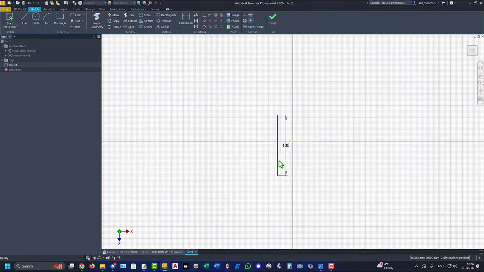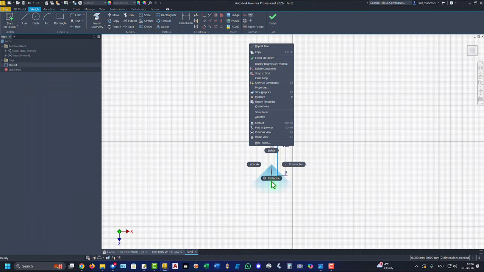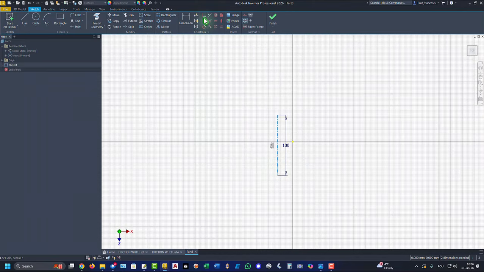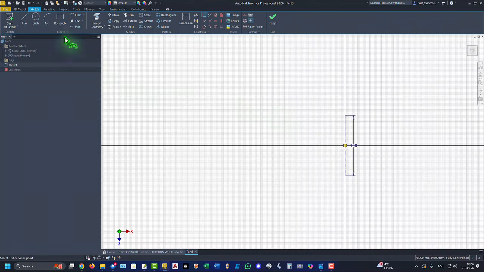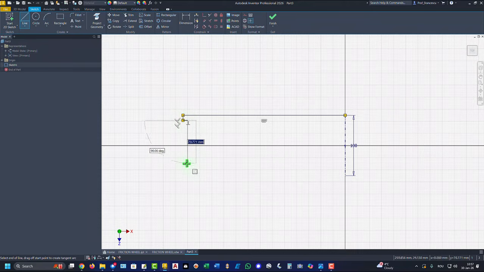This is a center line with the midpoint coincident with the center point. Then we draw a horizontal somewhere here, down, right, down, left, aligned with the vertical,